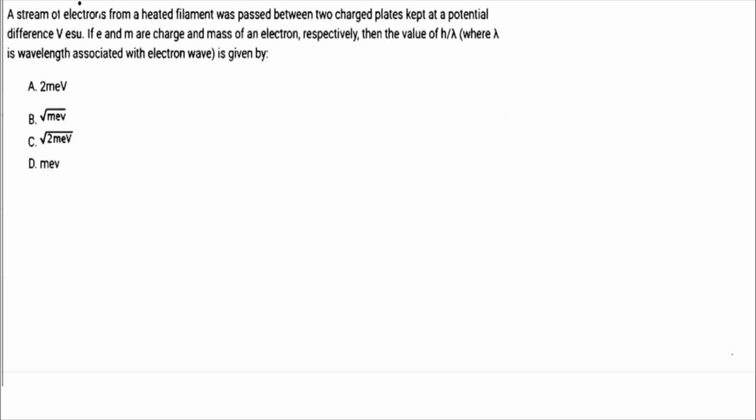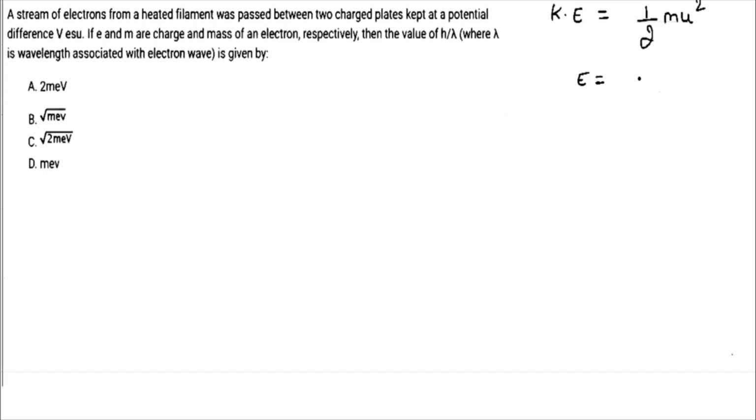We know that a stream of electrons from a heated filament was passed, which means we can talk about the kinetic energy of the electron. The kinetic energy of an electron is equal to 1 by 2 mu square, where u is the velocity of the electron. I am taking u just to differentiate, because V is the potential difference, and we know that the energy of an electron